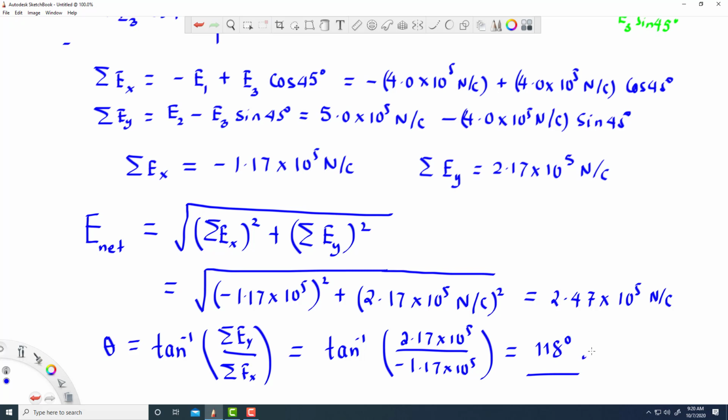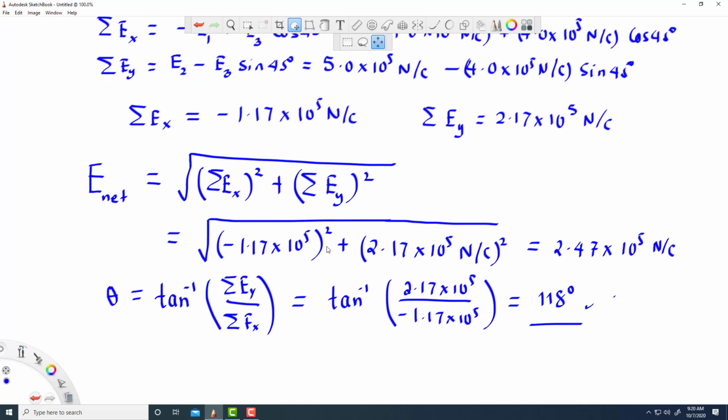So that's the direction with respect to the positive x-axis. Okay, so this is with respect to the positive x-axis. There is another way to express the vector. So this is one way. So you can use any way you like. So another way is